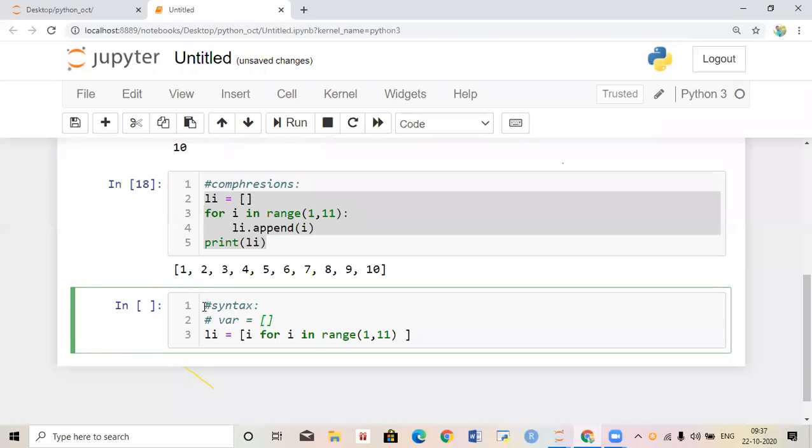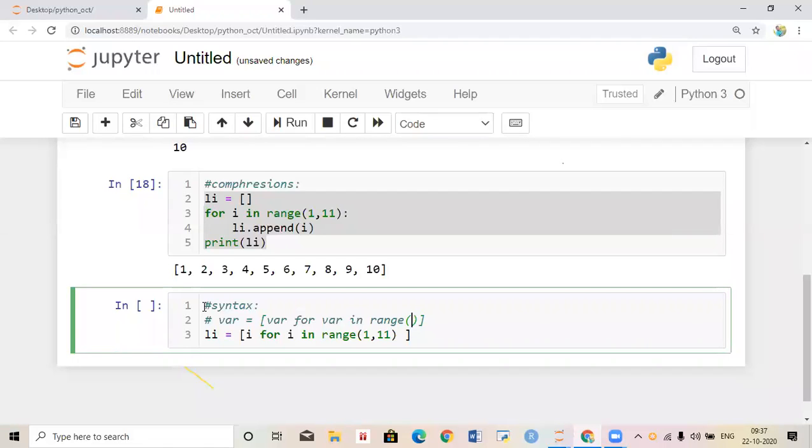Now list comprehension. After that, which value I want to print: a variable. Then for variable in range of.